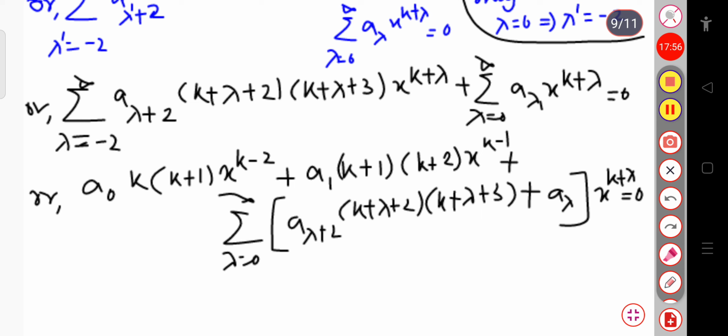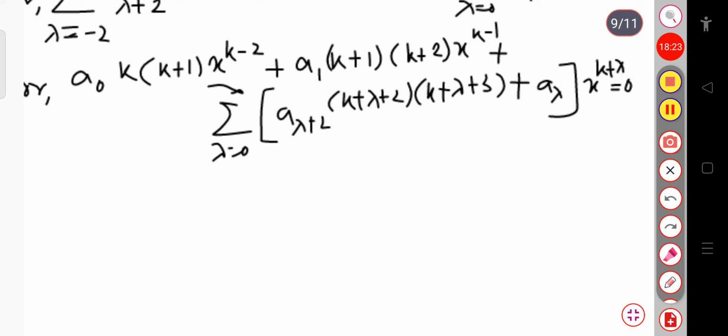Now we can write this expression, because in the first term I have substituted the value of lambda, that is minus 2, plus this is your lambda minus 1, and after that I will substitute all the values of lambda, that is from 0 to infinite. And also here lambda varies from 0 to infinite in the second term, so I can directly take common that lambda equal to 0 to infinite. Now here this is our final equation.